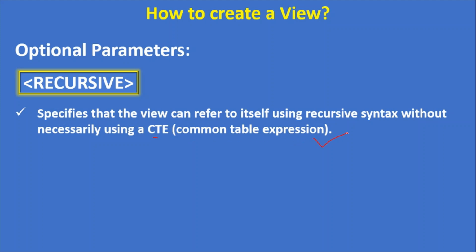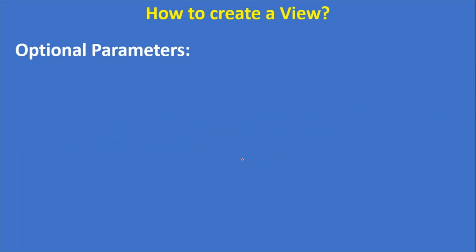Like with clause, you have to use the with clause. You prepare your select statement using the with clause, and then use that as part of your view. We will not call that a normal view, that is a view with CTE. If you don't want a CTE, then you can directly use the recursive keyword along with your view creation. Default no value, so the view is not recursive, that means it's a normal view.